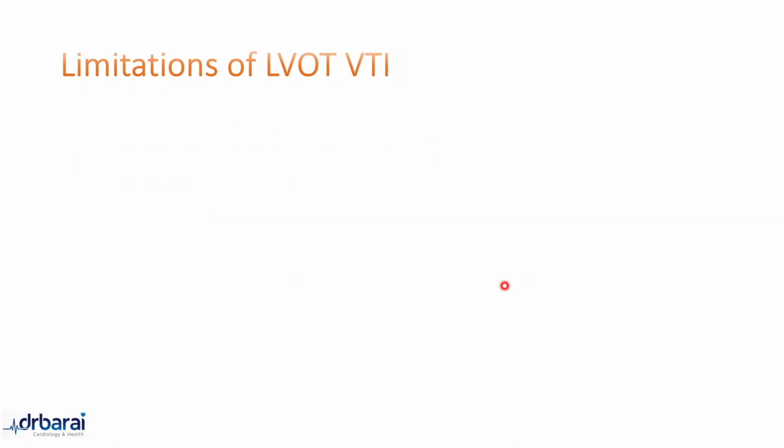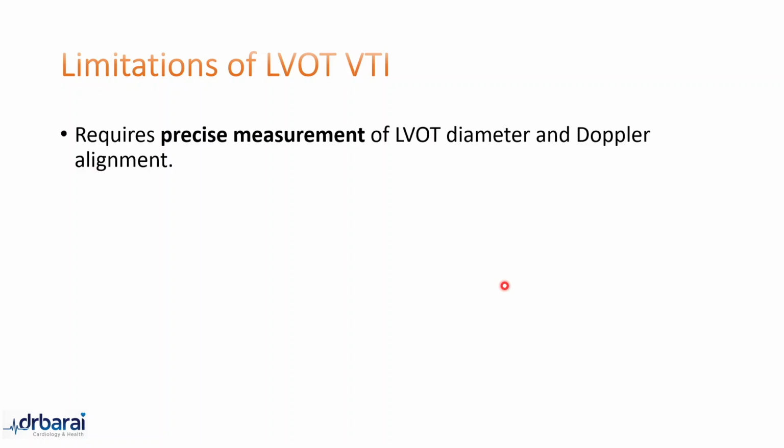We need to be aware of some limitations as well. In the case of LVOT VTI, the main limitation is that we need to have a good view, the apical 5-chamber view, and we need to have a precise measurement of the LVOT diameter and the Doppler alignment. Many of the new ultrasound machines have the ability to manually steer the Doppler signal so that it will be parallel to the LVOT, but the old machines are a bit challenging. Diameter measurement can again be a bit tricky sometimes, but most people have an LVOT diameter of 2